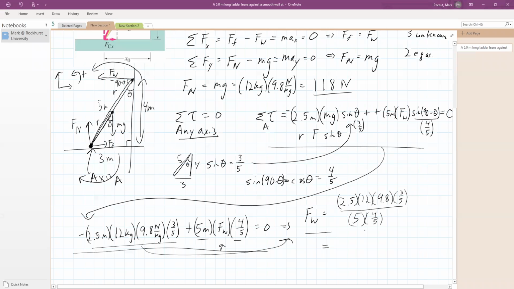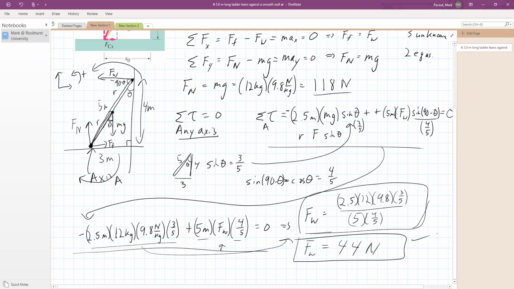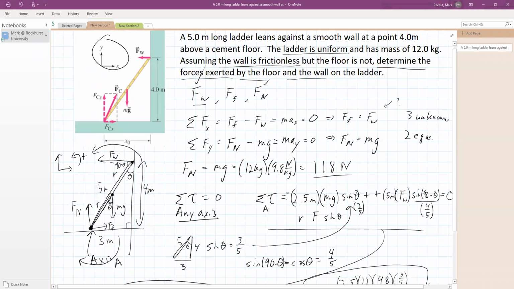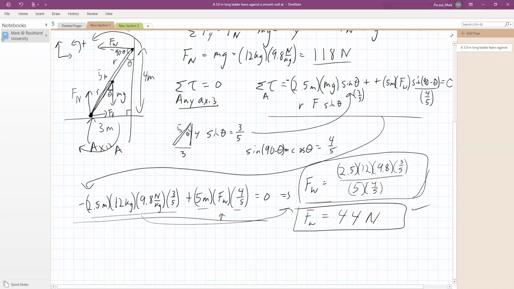Okay, so I've solved for this, and I've just put all the numbers in. I took all the units out just to make it a little more clear. And so I can just plug this into my calculator. And when I type this into my calculator, I get 44 newtons. So the wall force is 44 newtons. Okay, so now let me just come back up here. I know what that one is. Now, the last thing for me to do is to find